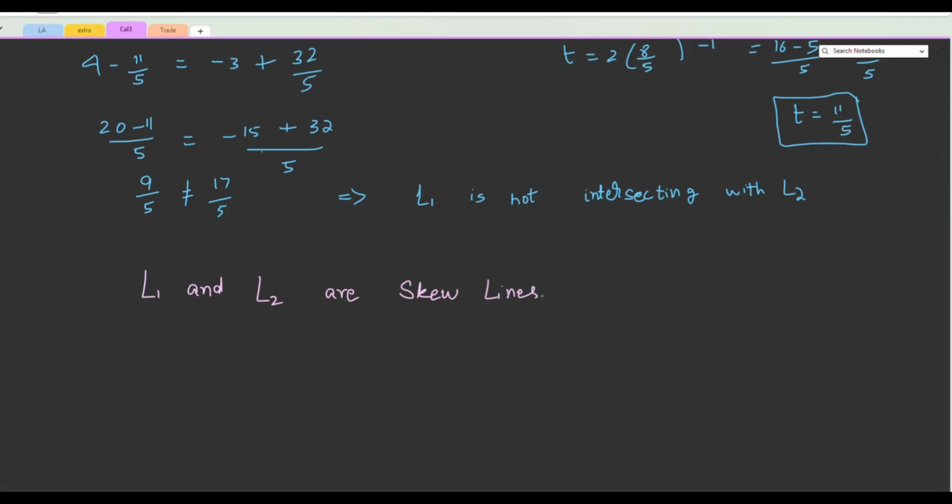This type of question will come in the exam, where you have to prove or disprove that the lines L1 and L2 are skew lines, or they do not